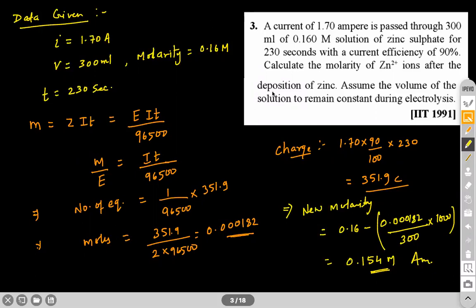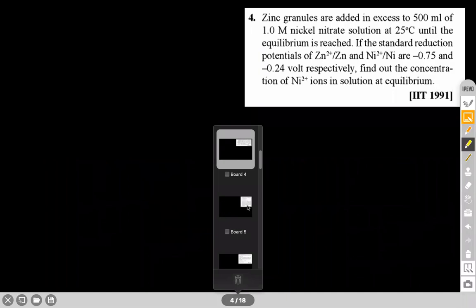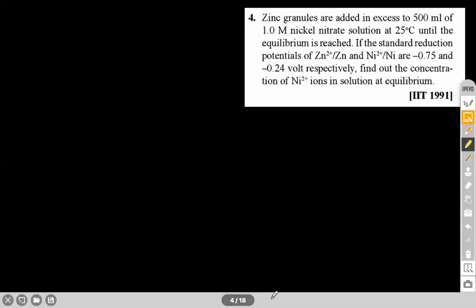Okay, so this was the third question. The next one you see: the zinc granules are added in excess to 500 ml of 1 molar nickel nitrate solution at 25 degrees Celsius until the equilibrium is reached. If the standard reduction potential of zinc and nickel is given, find out the concentration of Ni2 plus in solution